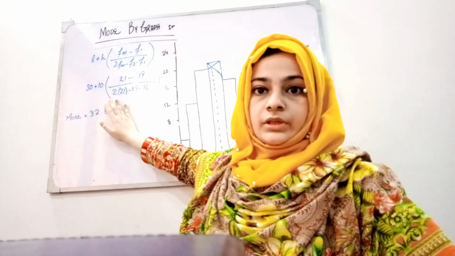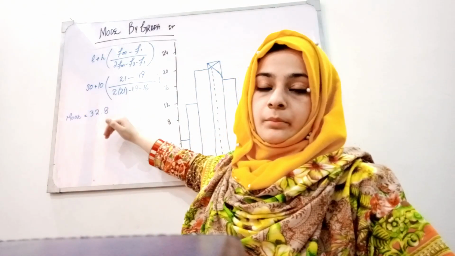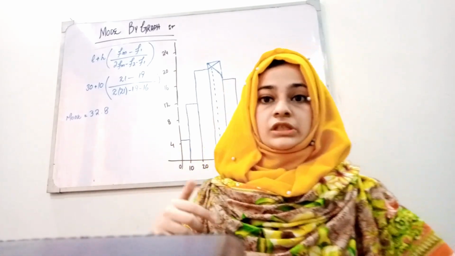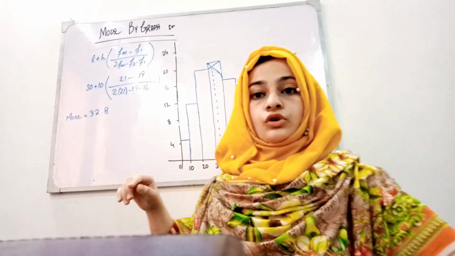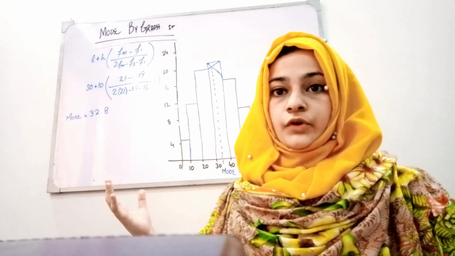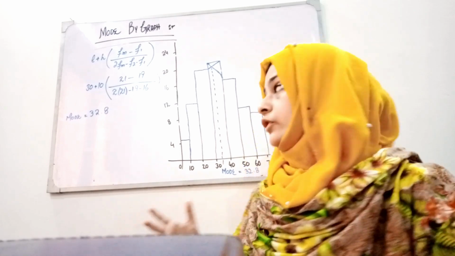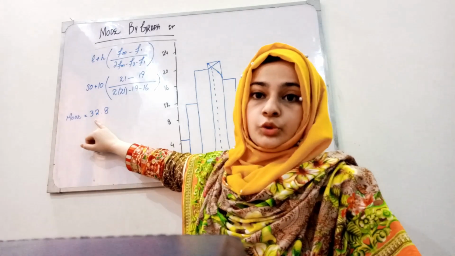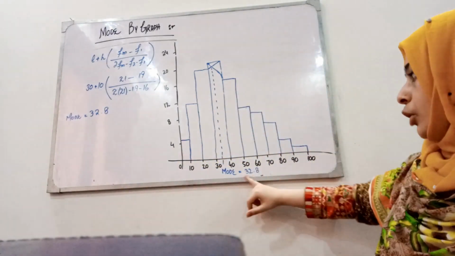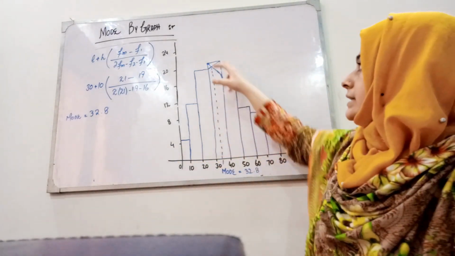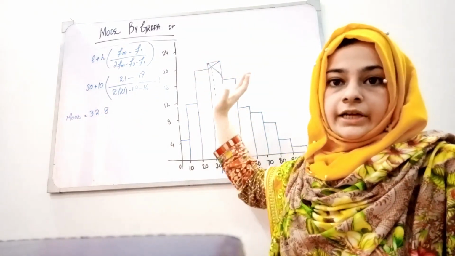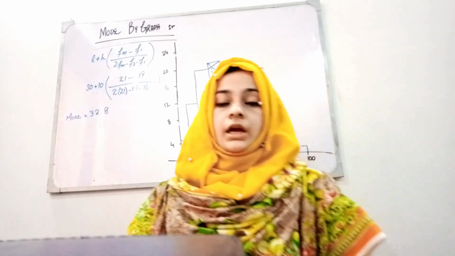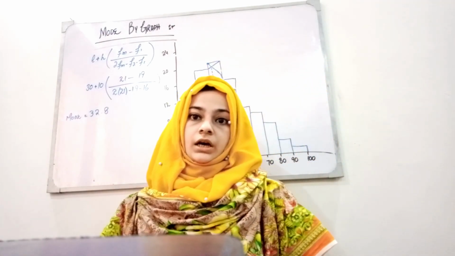I have taught you how you can calculate the mode by the algebraic method. The link is in the description box, and you can also see the card above your screen, so you can watch those videos if you have any confusion. By putting all those values here, we got the mode which is 32.8, which is the same as the mode we calculated here by intersecting the upper left and right corners with the preceding class. So this is how we can calculate the mode and median from the graphs.